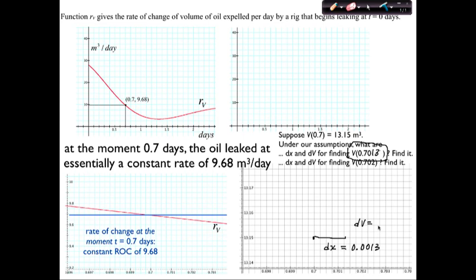We're trying to find the final V, so we can't do final minus initial, because our goal is the final V. No, it's not a minus here. Given the change in x, this is all about constant rate of change, right? What's our constant rate of change? Given the change in x, the change in V is always